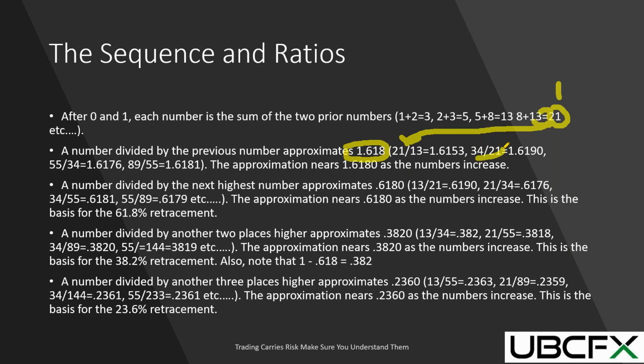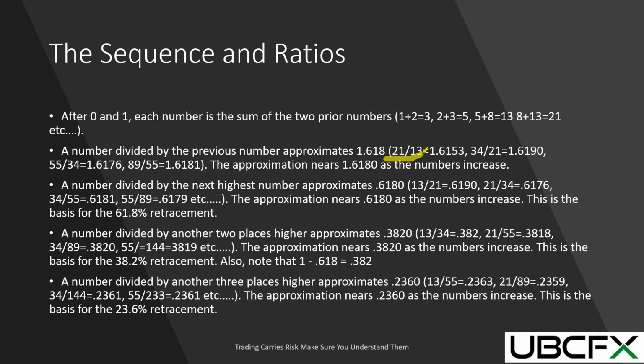Whether we go out farther and take the 34 and divide it by the 21, or we take the 5 and divide it by the 3, it's always going to be 1.618. So we say the approximation nears 1.618 as these numbers increase. So this is part of the Fibonacci ratio. If we were to go one step farther and take the 13,